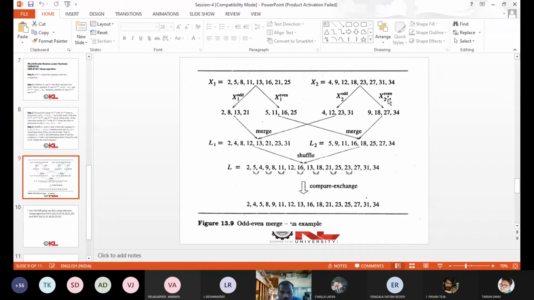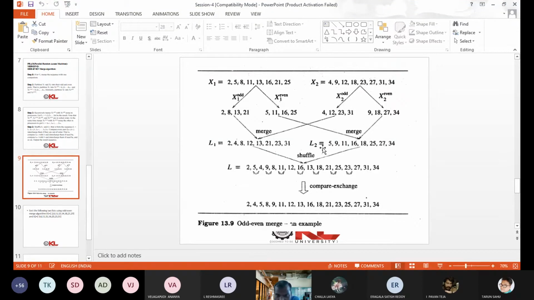Now what we have to do is, x1 odd and x2 odd should be merged. Merge x1 odd and x2 odd. By merging these two lists, you will get a single sorted list L1. So L1 is obtained by merging x1 odd and x2 odd.